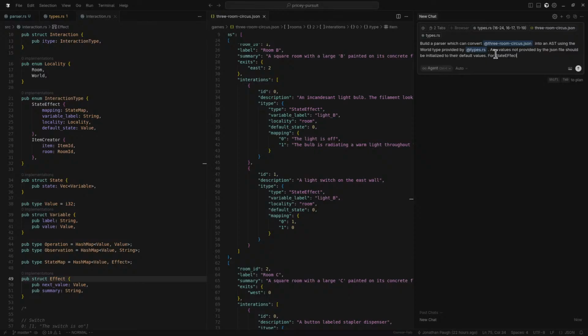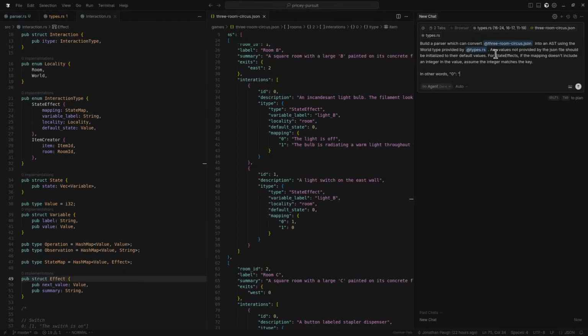For state effects, if the mapping doesn't include an integer value, assume the integer matches the key. In other words,